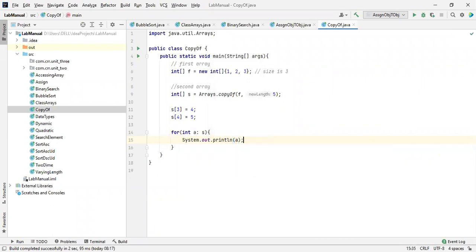See this, again I'm going to explain. This is the initialization of the first array consisting of 3 elements, 1, 2, and 3. So that's why the size of the array is 3. Here I just declared the second array, and I am copying all the values of the first array, and I'm going to increase the size of the second array to 5. And then I inserted 2 elements inside the array. Insertion of 2 elements, because the size is 5, and I'm having 3 elements.